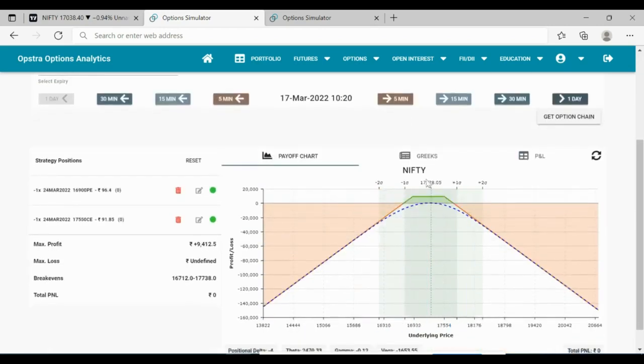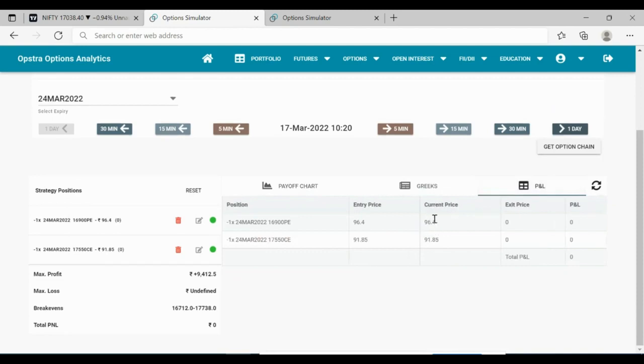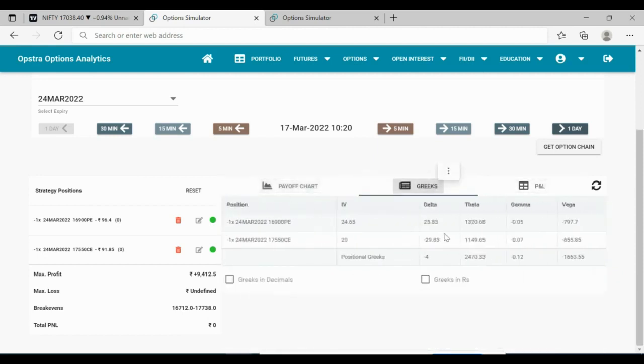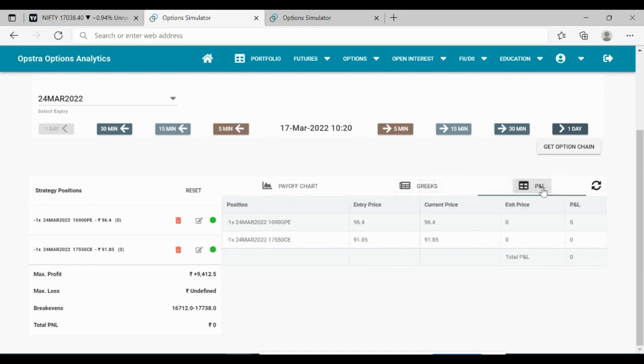I've deployed this triangle. The adjustment of this triangle is that we have to manage the premiums. If either side of the premium is disbalanced, we need to balance the premium. That is one of the adjustments of the triangle. Either you can balance the premium or balance the delta. Though it is showing -4, it is as good as delta neutral. But for this video, I'll show you how to balance the trade using the premiums.